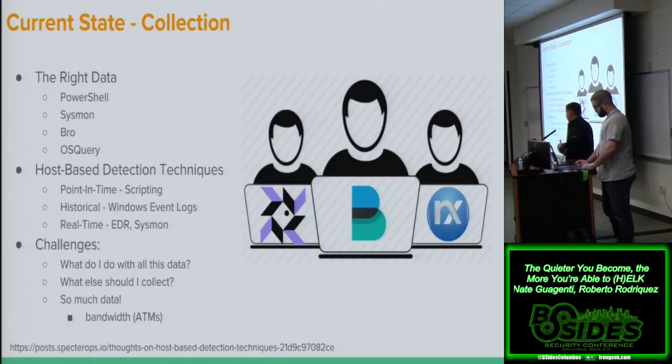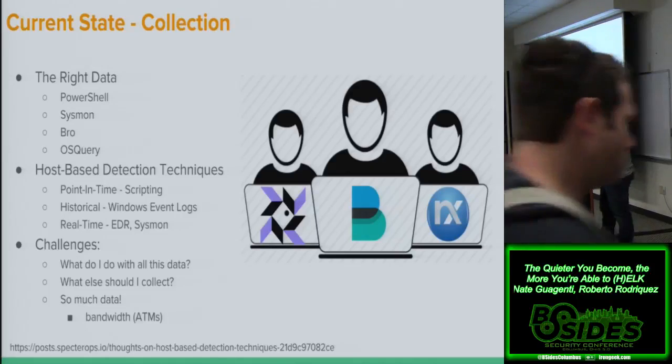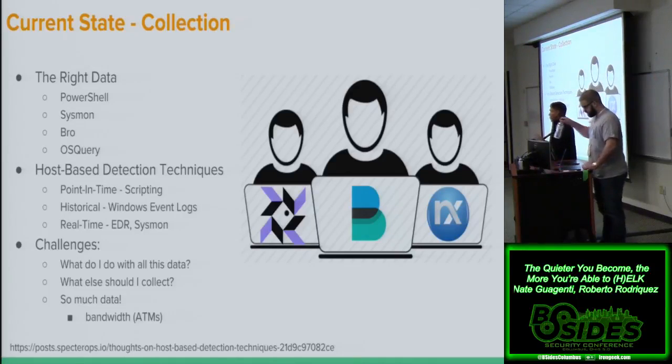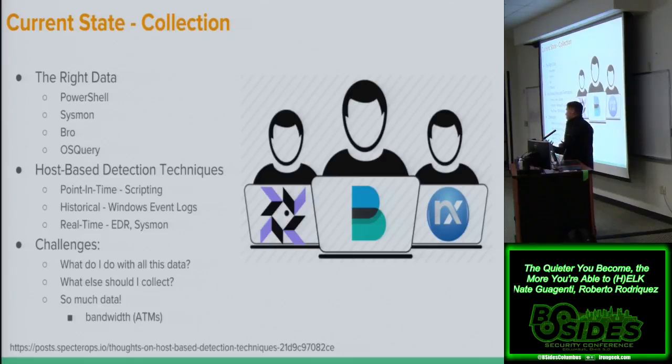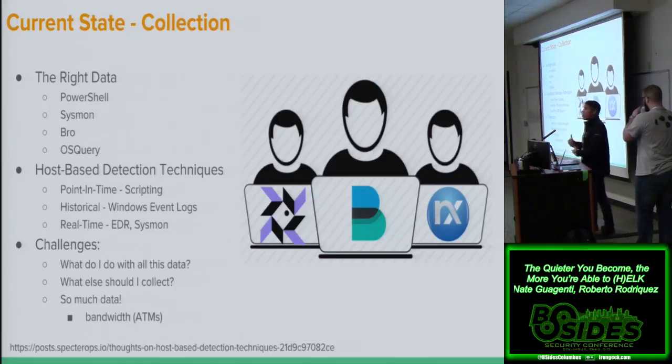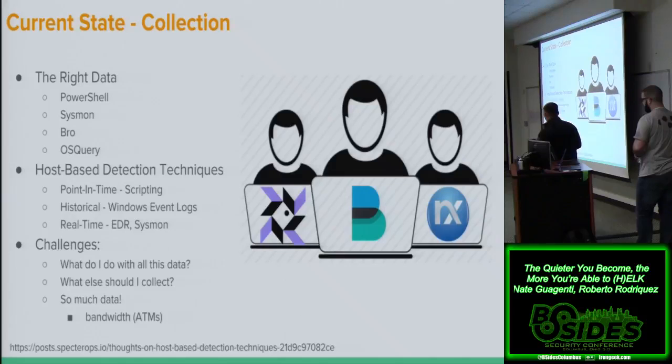There is a paper by Jared Atkinson, and you can have the link there, that talks about three different ways to pull the data available in your environment. The first way is point in time. It's something that needs some type of scripting capability, and I want to show you how that happens. Historical time is just your Windows event logs, something you have right out of the box. And real time is something you need to add, like an agent monitoring for new things, such as Sysmon or EDR and things like that.